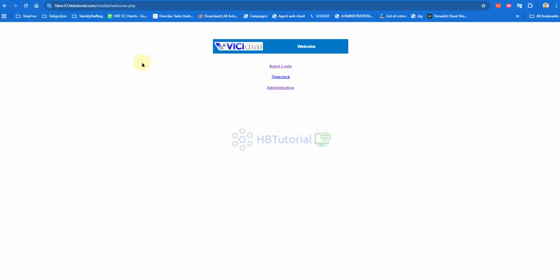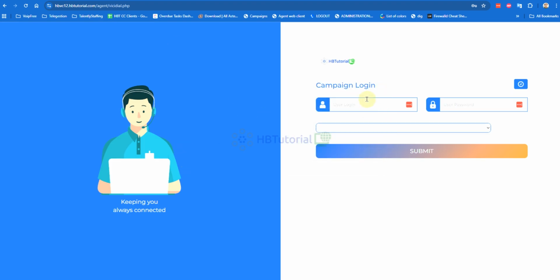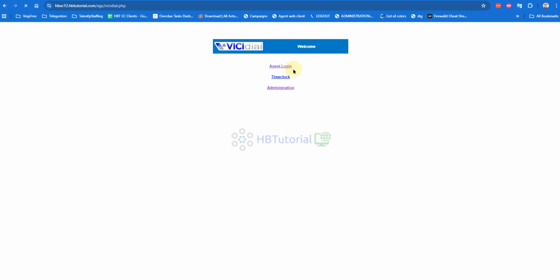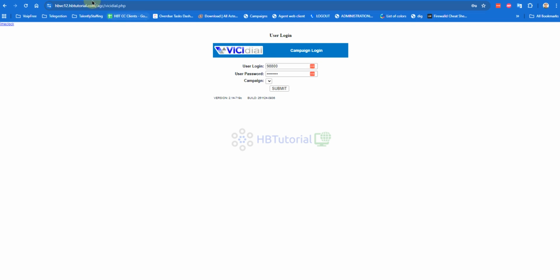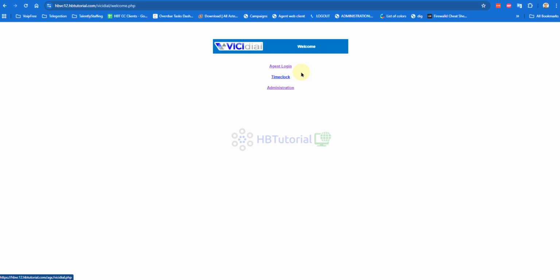Okay. So first, if you click this one, it will redirect to the old Vicidial agent screen. So what we're going to do is change and update the file so that when you click the agent login, it will automatically route here. Or if you browse the welcome Vicidial page, it will go here. So first